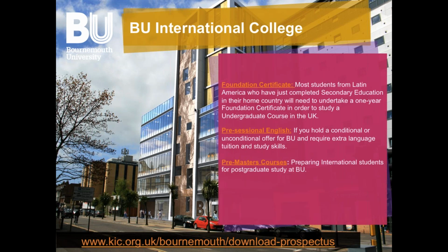This international college helps those students get their English better, with language tuition and study skills for English. It's located in Lansdowne, which is kind of separate from the Talbot campus. But this is a resource there that if you are coming from a country that's not English dominant and you want to polish your skills in English and overall just get that extra